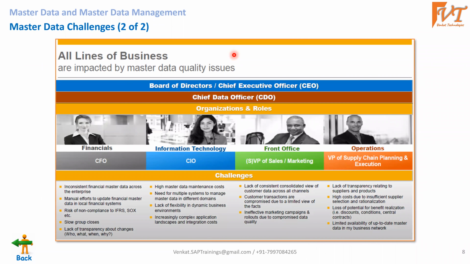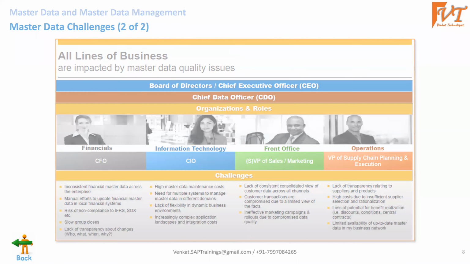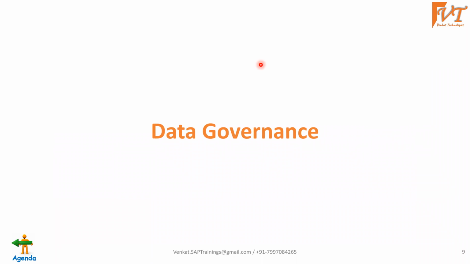And once the master data is facing any challenges in the maintenance, like any incorrectness or any incompleteness or unreliable data has been maintained, there are various levels of people in the organization, so it will get affected for all of them. Now, we have seen so far what are the various challenges of master data, and what is the key importance of the master data. Now we will see how we can overcome those challenges. So that can be overcome by the data governance.